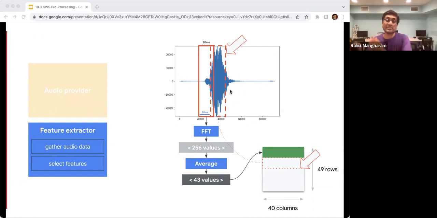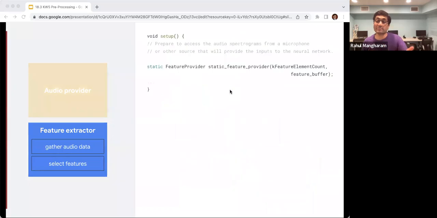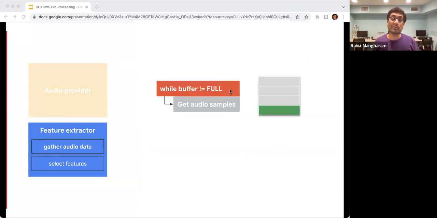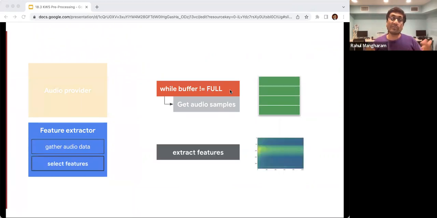And then we continue this process effectively until we end up filling the spectrogram. This behavior is actually handled by the feature provider. The feature provider's job, which we defined earlier in the initialization stage, and which then in a loop stage continues to repeat over and over, is to fill the buffer up. So it's getting audio samples, waiting for the buffer to replenish itself all the way to a full 1 second worth of data. And once we have 1 second worth of the actual spectrogram data in there, then we can actually do an